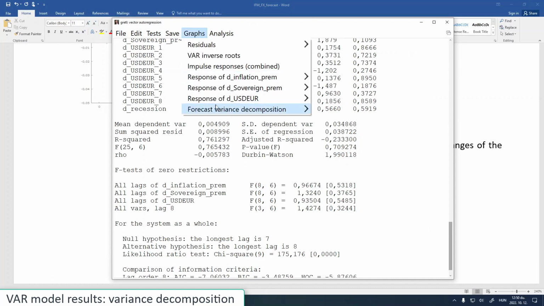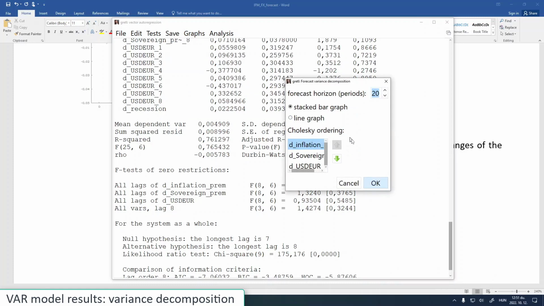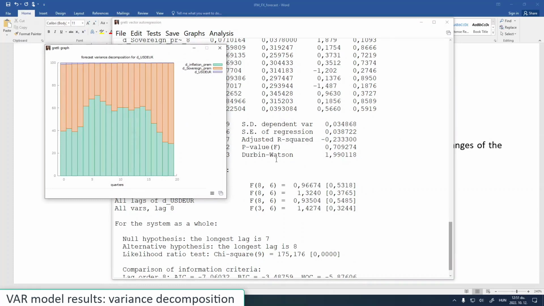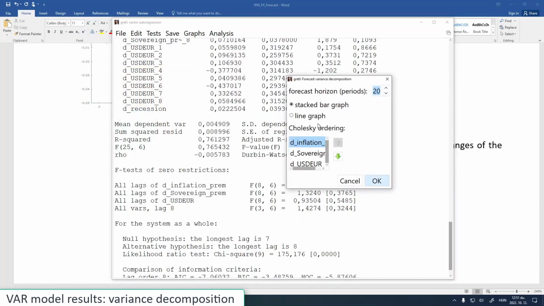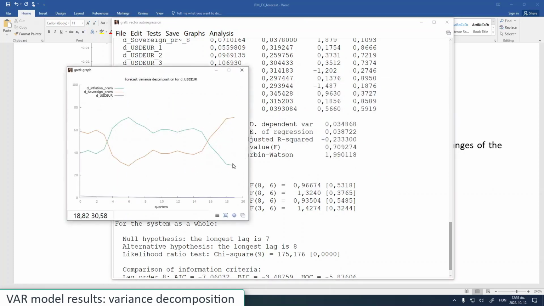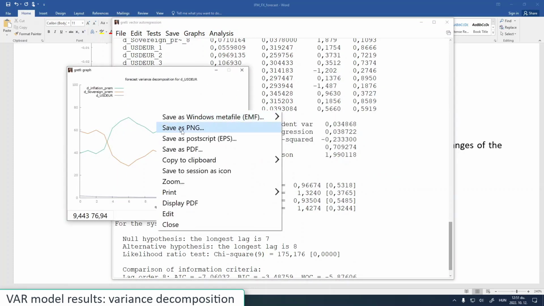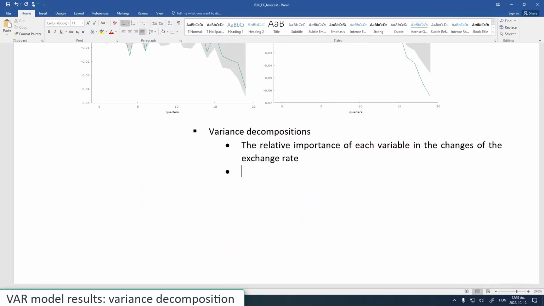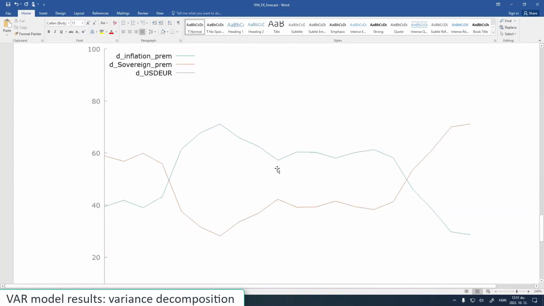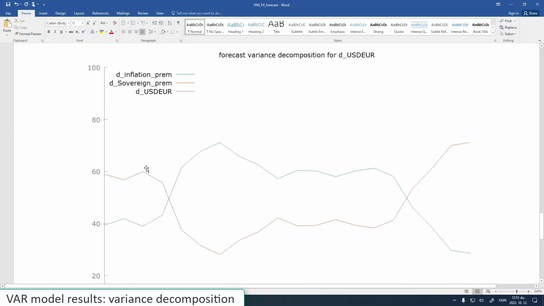So, graph variance decomposition. Line graph. Okay, color. So in this case, what we can see here, that